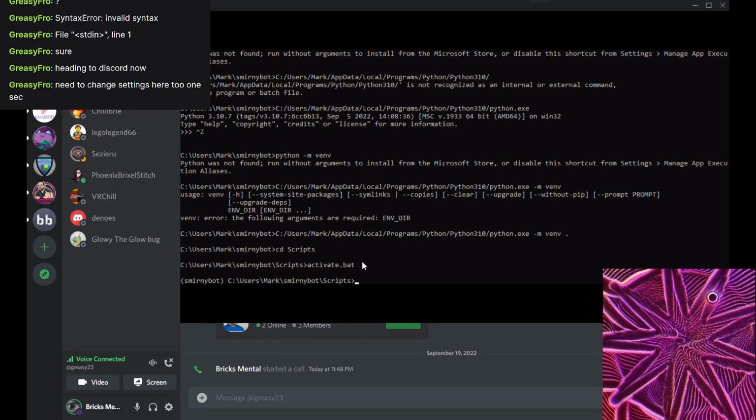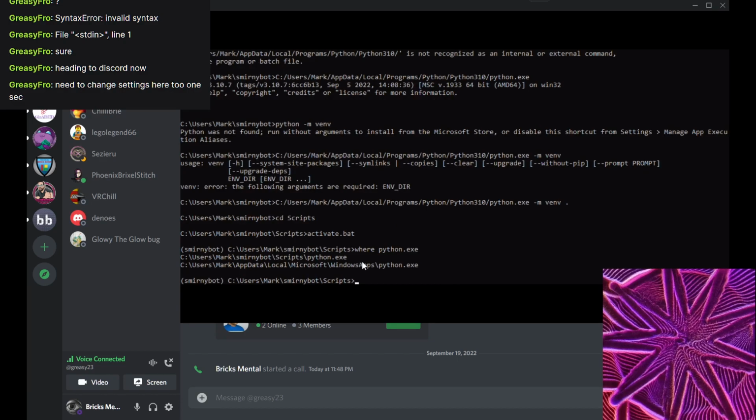If you now call where python, and then a space python, it shows you that you have it in your path. So this activate command added this directory to your path, and now we can simply install the smernibot into this virtual environment.